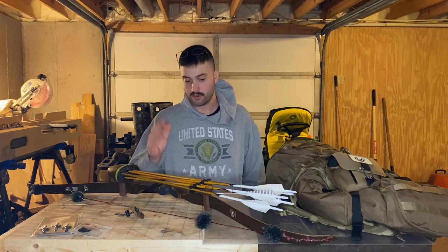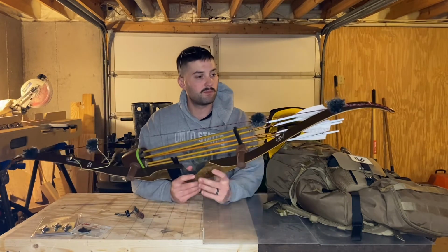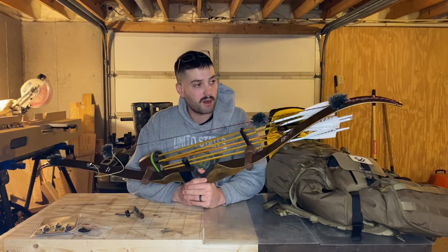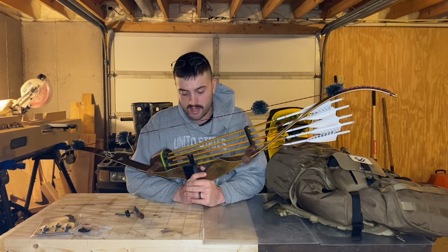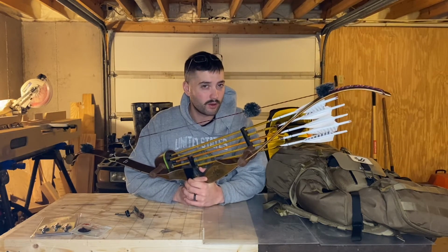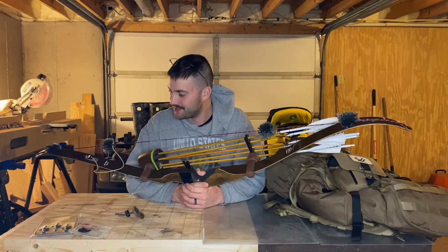So anyway, to jump right into it, my bow, this is a Wing Archery made by Bob Lee. This bow was made, to the best of my knowledge, in either 1974 or 1975. An old bow for sure, but